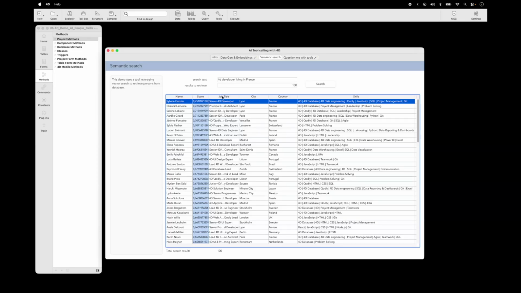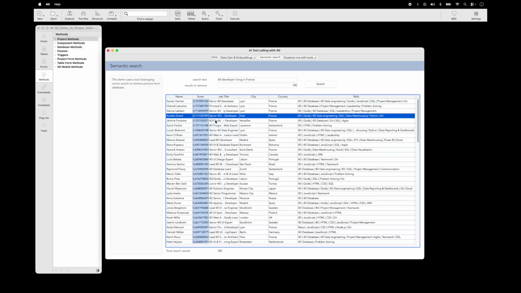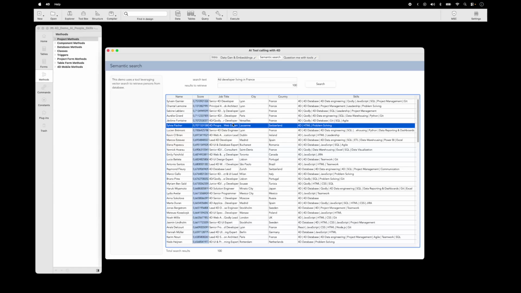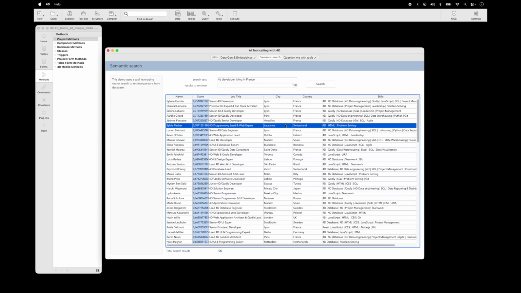So the lower you go in this list, the lower the record matches your search. So here, for example, it's still a 4D developer, but he's living in Switzerland. Okay, this is semantic search. And now